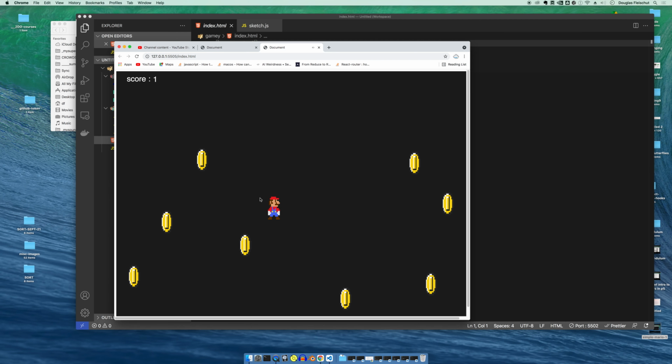and a score. So it's gonna be a little bit funner. And by the end, when we collect all these coins, we'll get a level complete, and we'll be able to try again with new coins. So what we're gonna do is, you can see like the first thing that you notice is there's multiple coins,